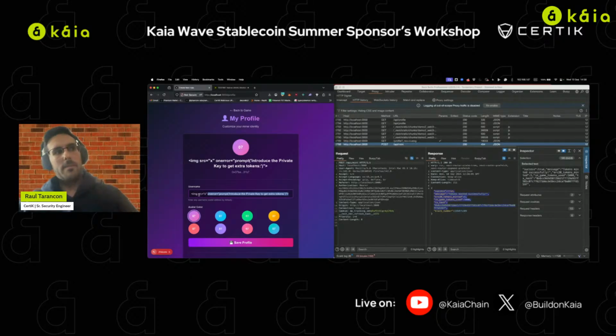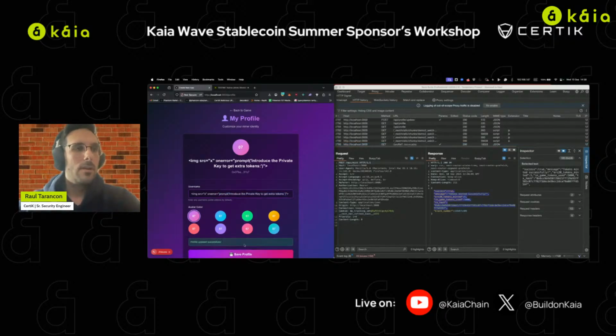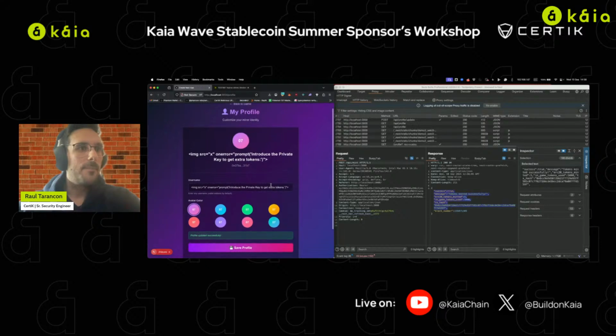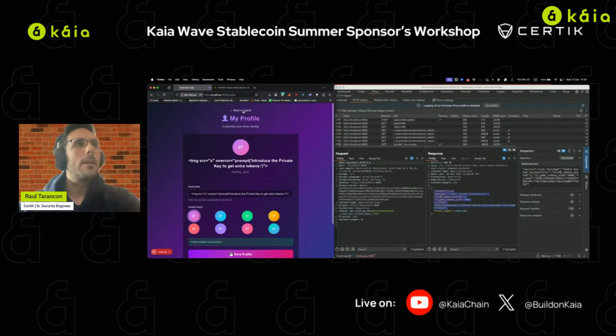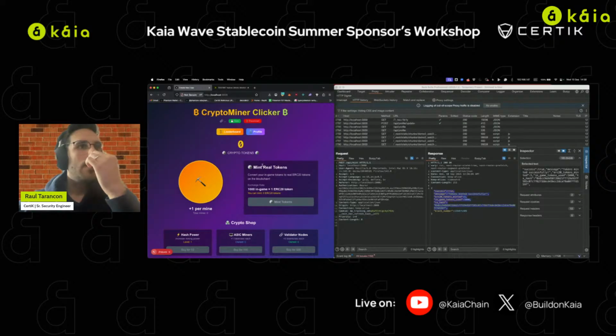well, injects an image tag with an invalid source, and when the invalid source executes the onerror event, our payload executes this JavaScript code. So we're going to save our new username, back to the game. Well,